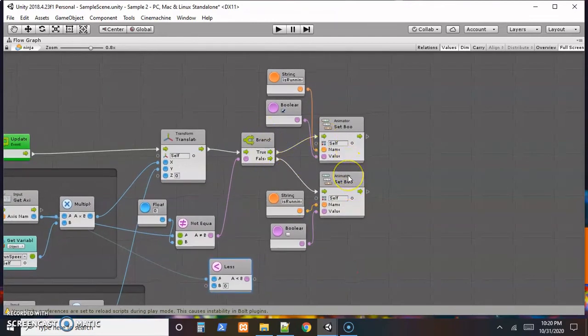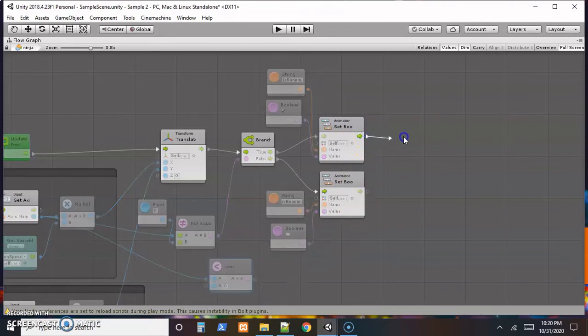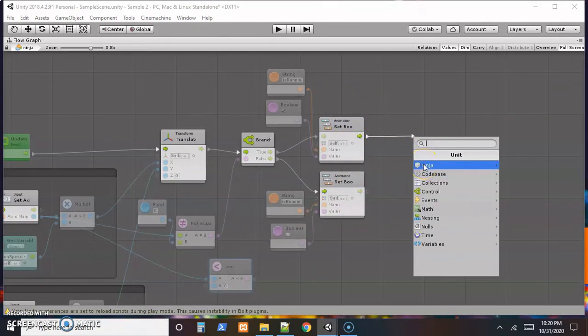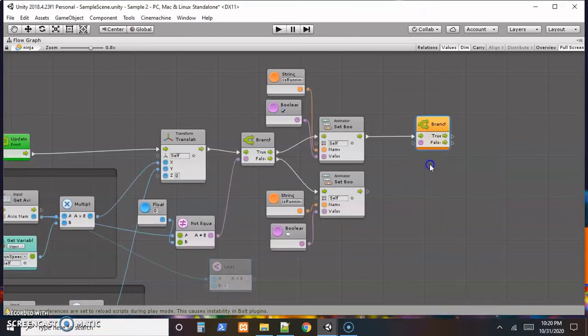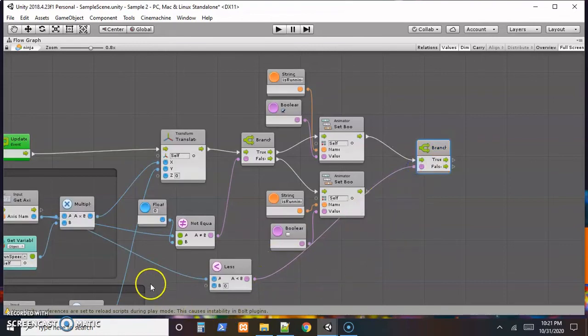So after we do all of this stuff, I'll use the is running true. So if is running is true, that's going to make a big difference whether we face right or left. So after that, I'll bring that out and make another branch in the code, which will be controlled from this condition. And this will return true if the A key is being pressed, which means we want the character to face left, which means we need the transform scale to have an X of -1 and a Y